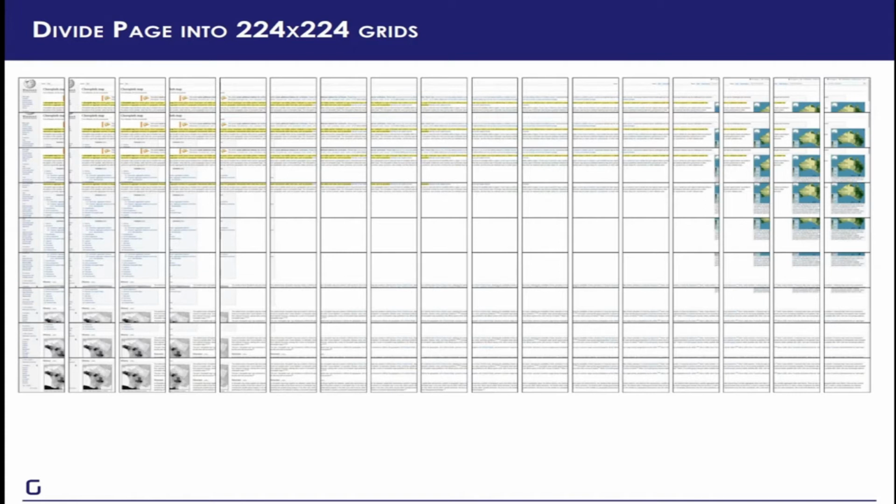You can see that the entire page is divided into squares, and each square has some overlap with the squares that are around it. And this overlap is necessary because it's possible that a chart or any other component of a page, like a table or a tab or a set of printers, may not fit perfectly within an exact 224 by 224 window. Also note that the window size, which is 224 by 224, is chosen because the underlying model was trained on the ImageNet dataset, and that's the default image size in the ImageNet dataset.